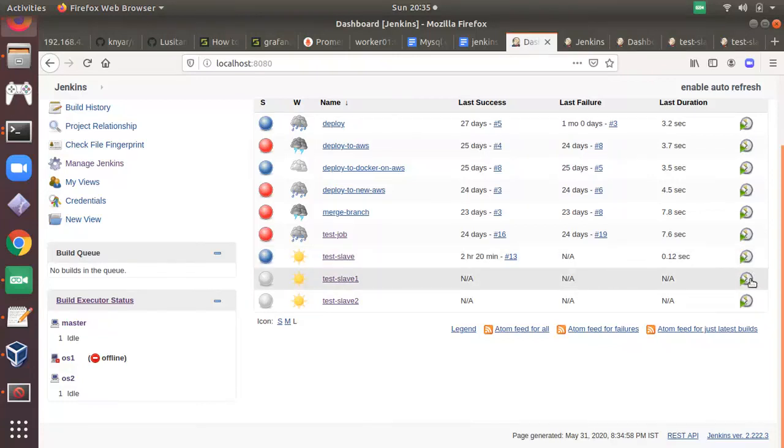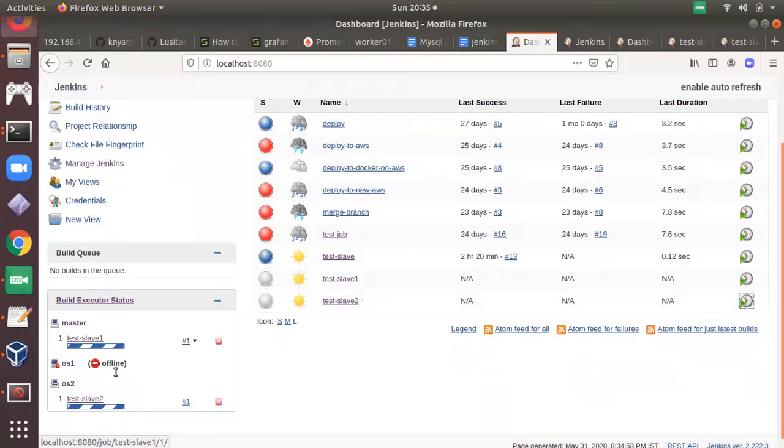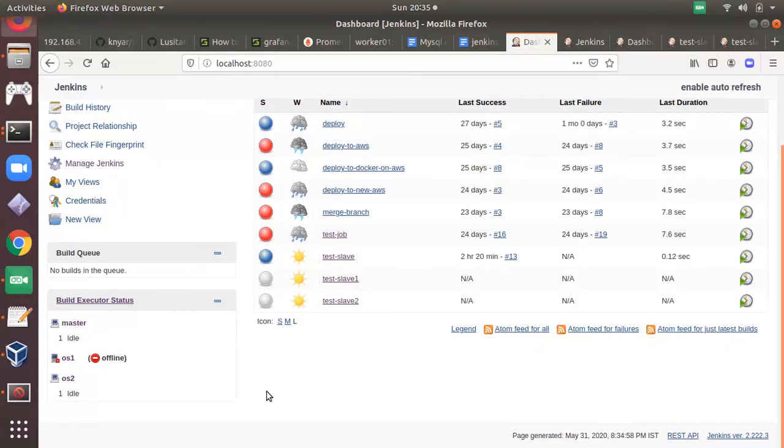So let me quickly build both of the jobs. Job 1, it's running on master, and while master is busy I click on job 2, and job 2 is running at OS2. It is our slave node.